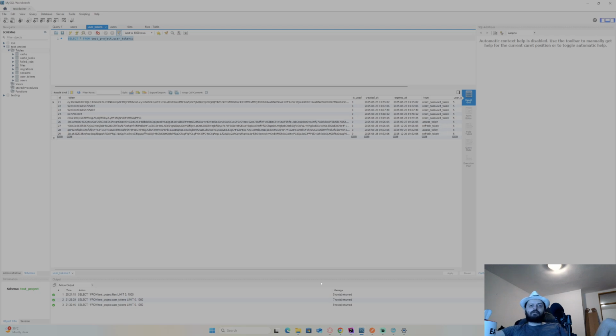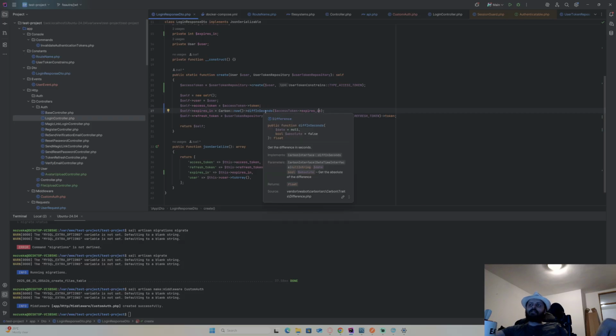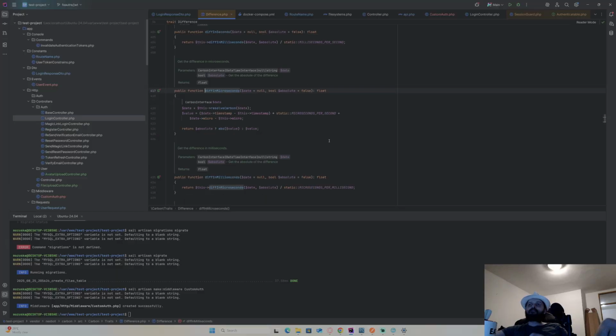Expires at, so there should be differences here. The diff seconds. Alright, and no, it should be fine. Let me just see what this diff seconds does. No, it's fine. Yeah, that should be fine.